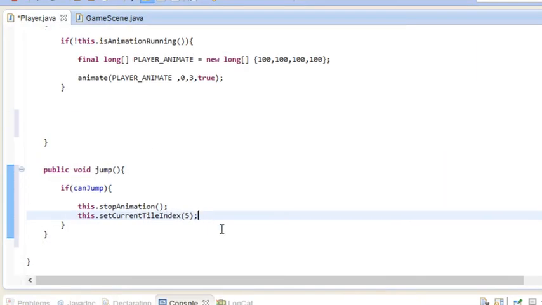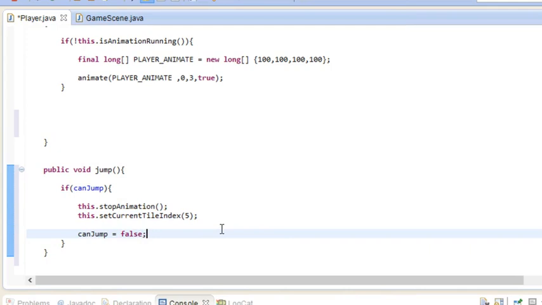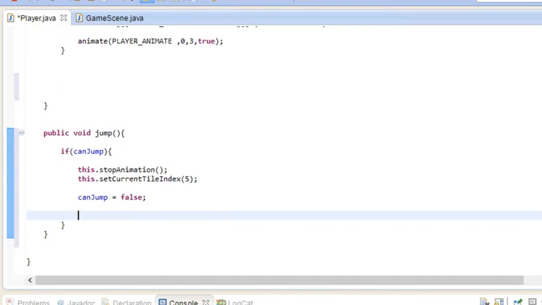All right, and the next thing we want to do is set can jump to false, because we don't want the player to be able to keep tapping the screen and the player keeps jumping and jumping and jumping. We want him to be able to jump, hit the ground, jump, hit the ground, like that. And the next one to do is a Vector2, and we'll just call it